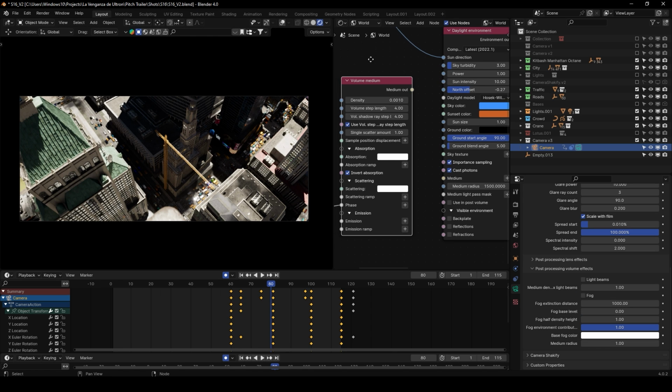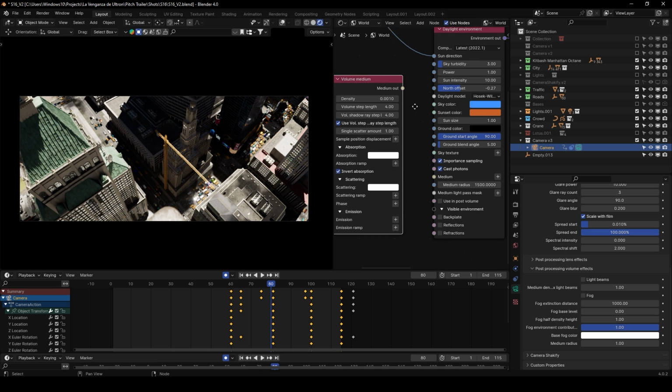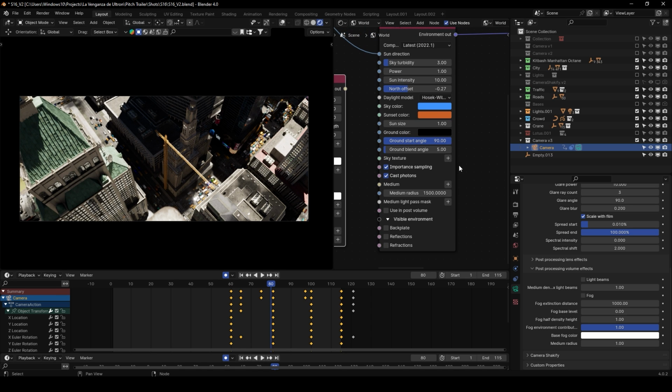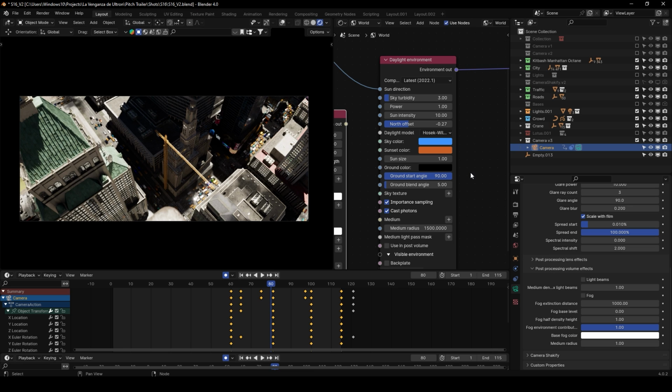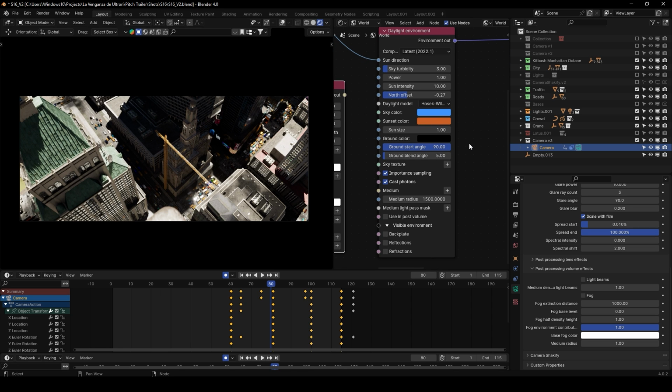So let's go first with the volume medium. Right here we got this really big scene using the daylight environment for our light source. Basically, it's a sunlight. So you can see here these really sharp